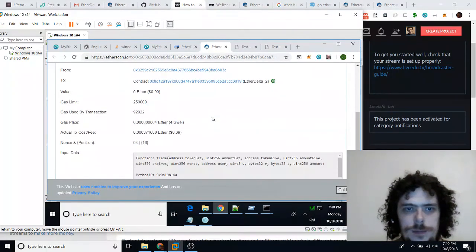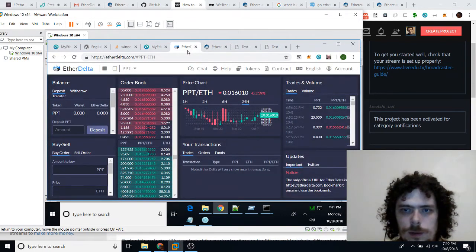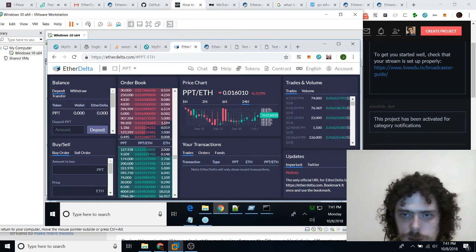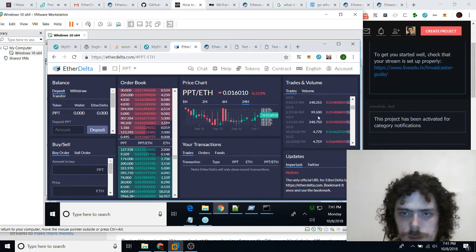This person, he was using the default of 4 gwei and only paid 9 cents for his transaction, which he got 0.399 ether worth of tokens. This guy got 25, or rather, of PPT. How much is PPT worth? Not that much. Let's find somebody who bought a whole bunch of them and see how much gas they paid. All these tiny transactions.